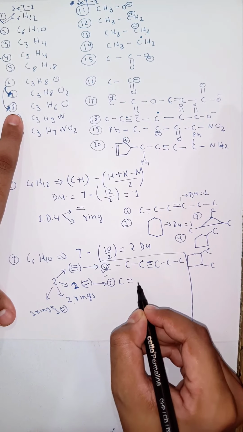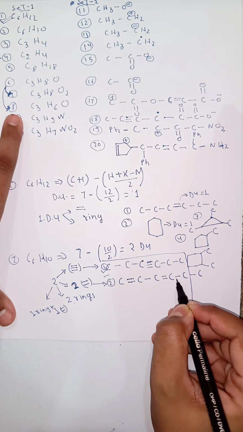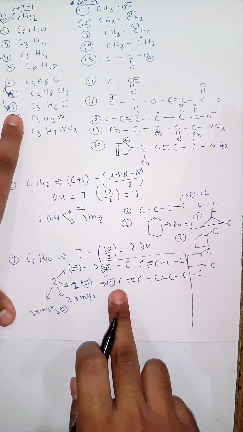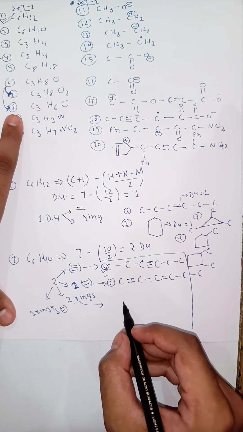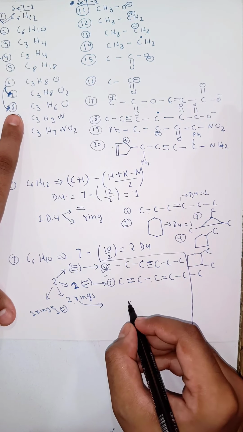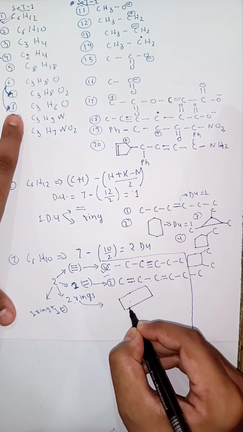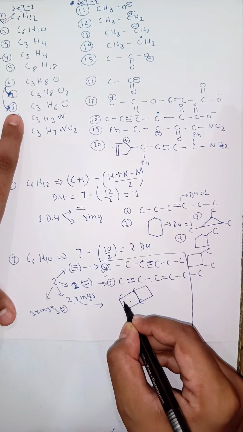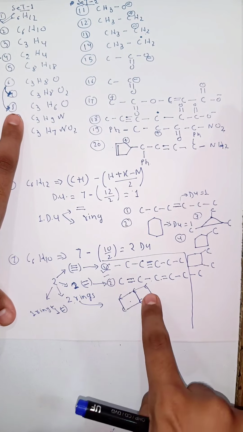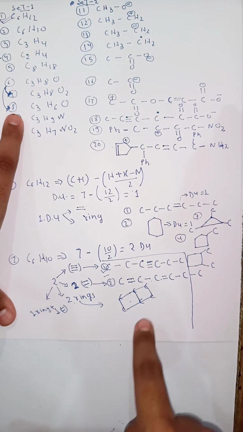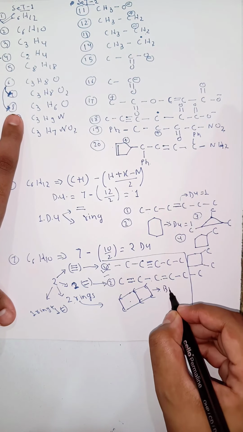It can be a diene like this, C double bond C, C double bond C, C, 3, 4, 5, 6, two double bonds present in this compound. As you can see, a DU of 2. For 2 rings, let us try to make 2 rings as well. We can do it like this. This is C, C, C, C, C, C. See, count the carbons: 1, 2, 3, 4, 5, 6 carbons and 2 rings are present, as you can see. It's a type of bicyclo compound. Bicyclo.